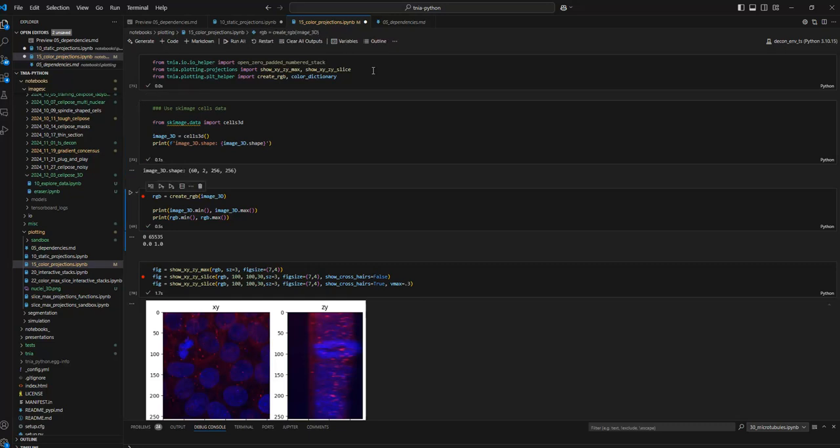I think in the last one we just extracted one channel. This time we're going to keep two channels. So here's the deal with all this stuff. There's often an arbitrary number of channels, but to actually render it, you have to convert it to RGB. And even if it's 3 channels already, you may not want to use red, green, and blue as your color map. You might want to color it a little differently. So we have this create RGB function, and by default,